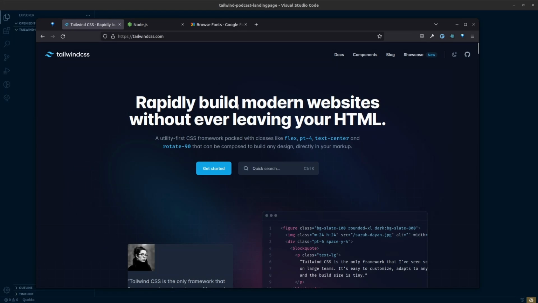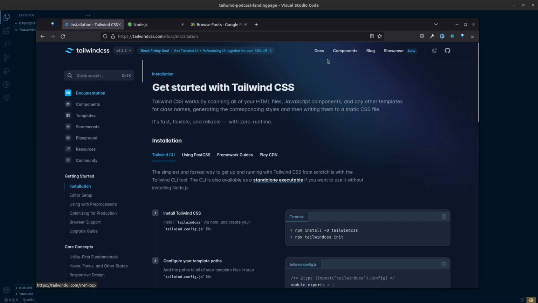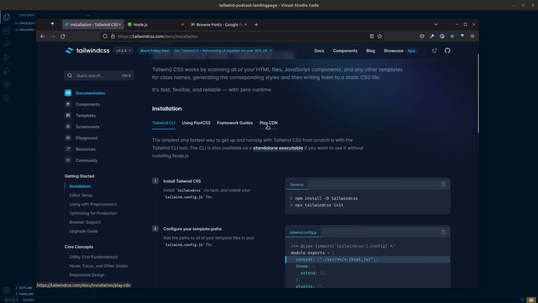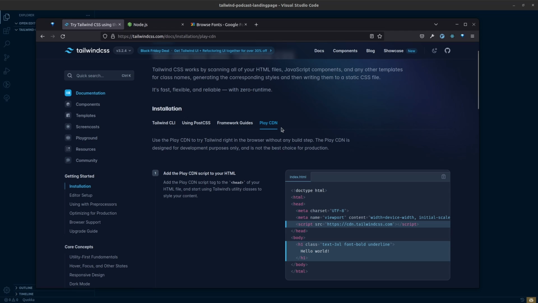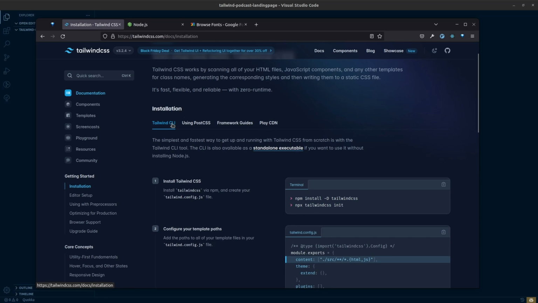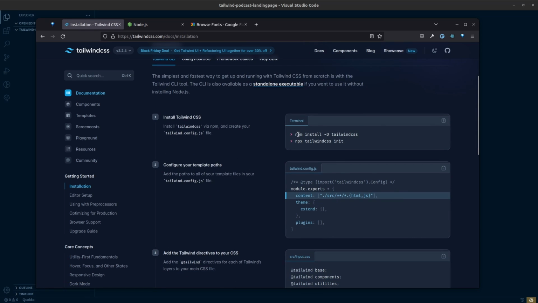So right now I'm on the Tailwind CSS official website. Here you can see I'm on the home page. So let's go to the docs here. Here you can see how you can get started with Tailwind CSS. Basically, you can get started with the CDN here, but it is not a good choice for production. So we will go with the Tailwind CLI, and for the CLI we need to have